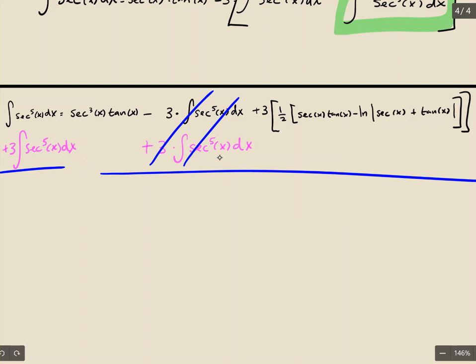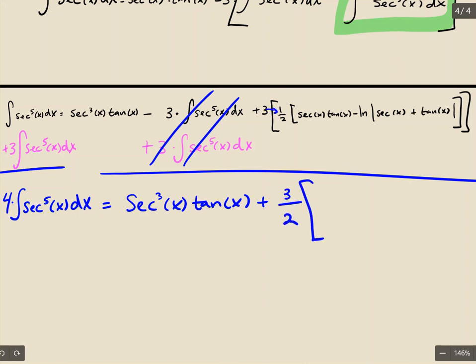So those cancel from here, and we're left with 4 times the integral of secant to the fifth of x dx equals secant cubed of x tangent of x plus, and here I can distribute the 3 times the 1/2 would just become 3/2 all times